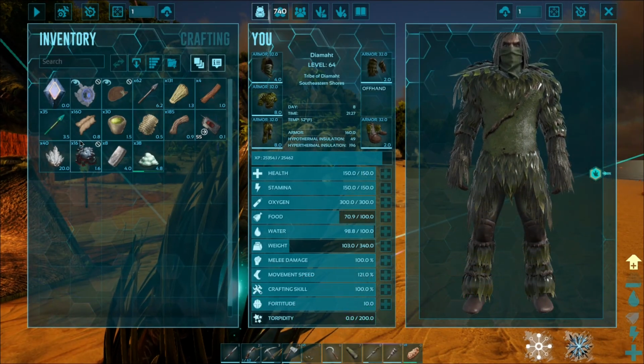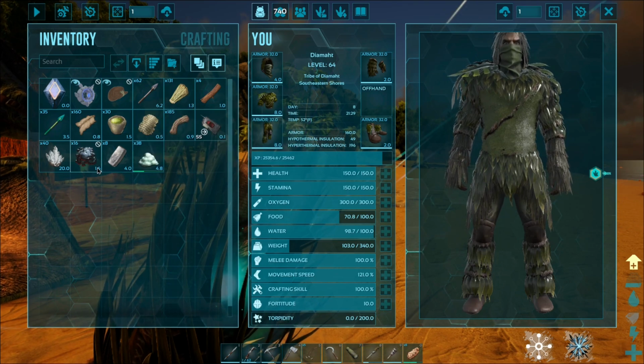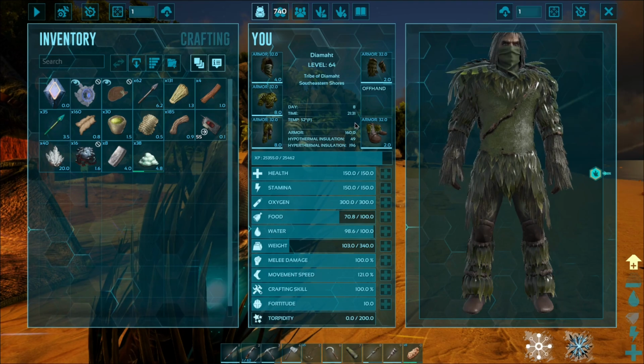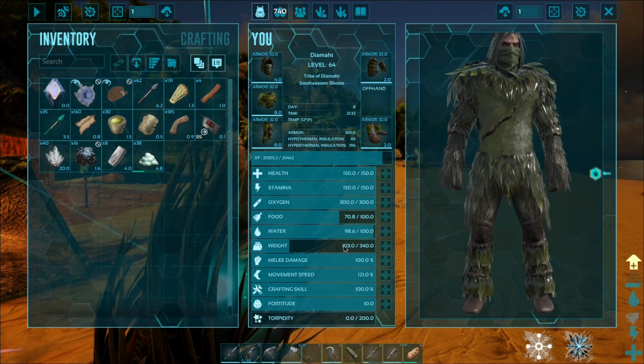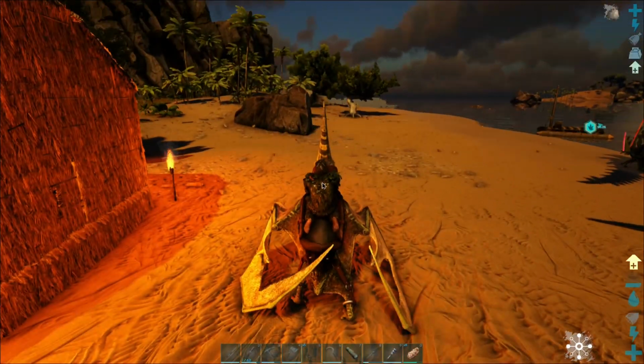We should have plenty. Basically, you're going to need hide, fiber, polymer, metal, oil, and crystal in order to make the cryopods. Now, we're a little heavy. Let's double check and make sure that we're actually going to be able to...